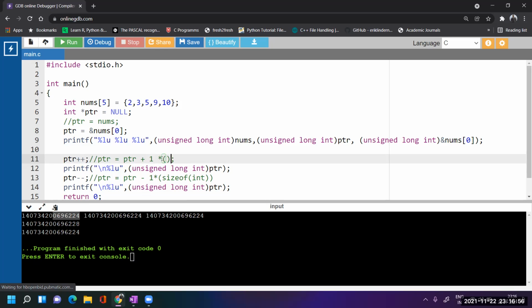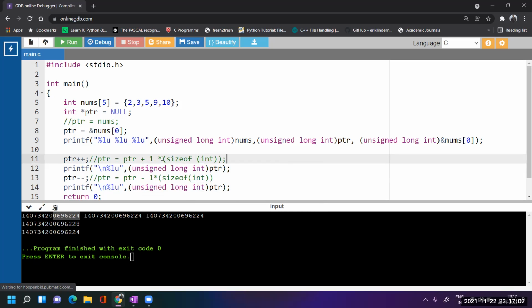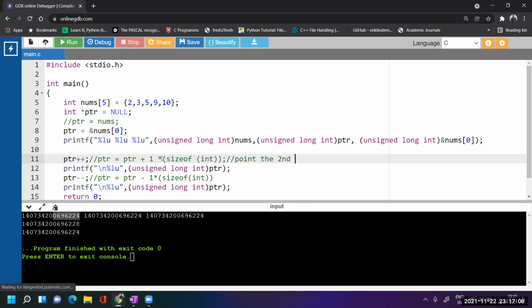So let us complete this one also. It will be multiplied with size of int. Okay, so where will it point? It points to the second item. And here it will go back to the first item again.